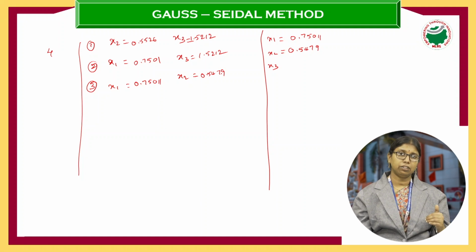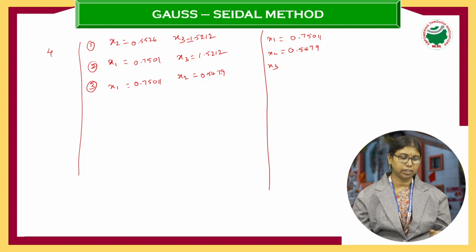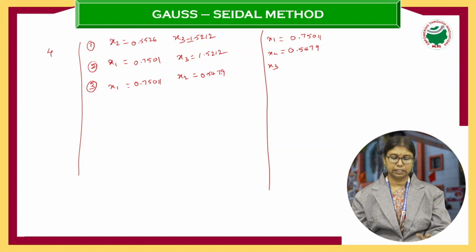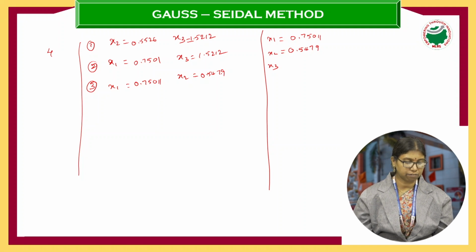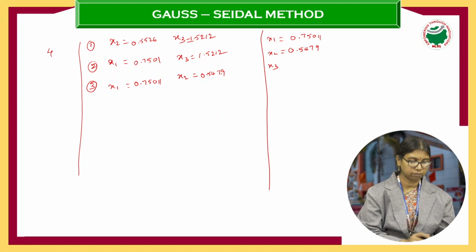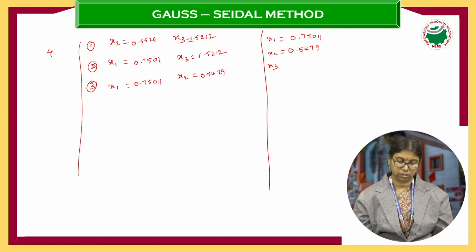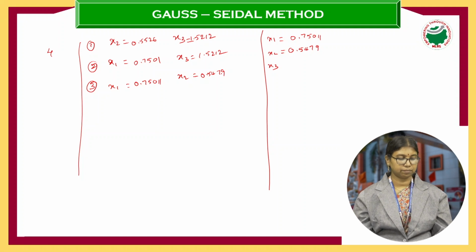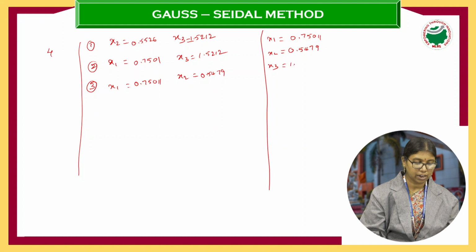So now you have to calculate x3. To get x3, you have to get third equation on the screen. So press upper arrow 2 times. Then you will get the third equation on the screen. Now press calc button. Enter these values 0.75011. B is 0.5479. Then you will get Z value as